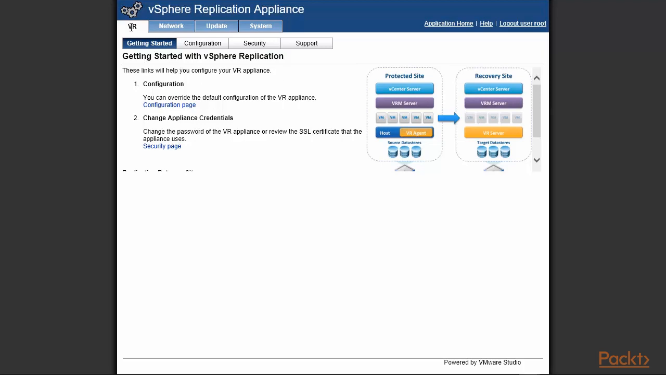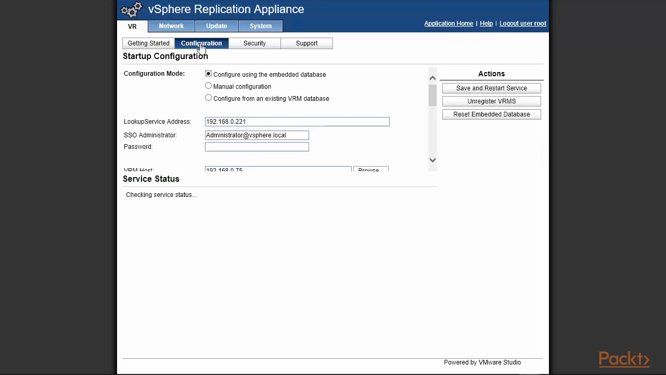So, standard stuff: you have the VR up there, getting started, and switch into configuration. We'll use the embedded database. You can find an existing VRM database as well, so this is for recovery purposes. Our lookup service address is 221, so it basically recognizes our local vCenter, and the address here is the domain. The SSO domain is not vsphere.local, it is actually site.local, and the password for it is